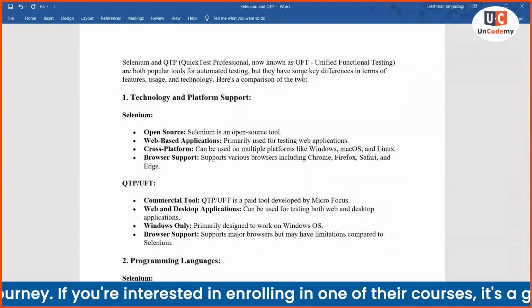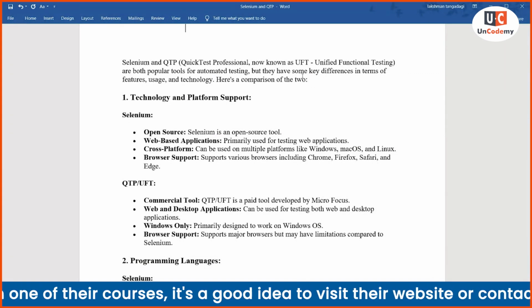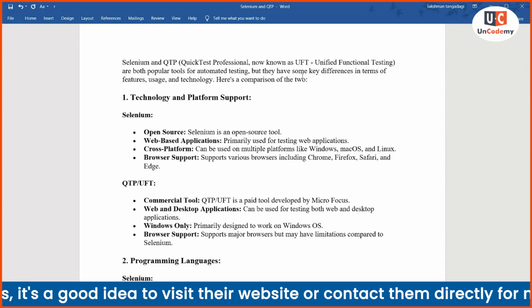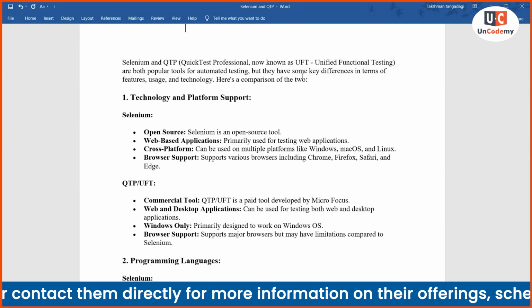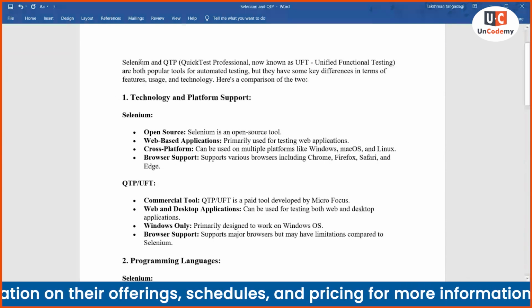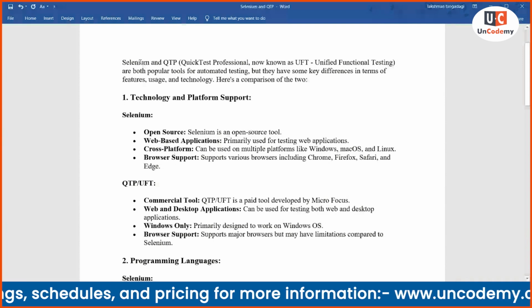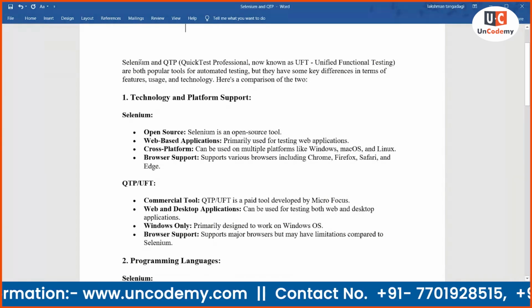So let us see whether QTP is better or Selenium is better. And in 2024, if you learn which tool, you will get more and more jobs. If you learn which tool, you will get more and more growth. If you learn which tool, you will have very good demand. So let us see. When it comes to Selenium and QTP, if I want to talk about Selenium, guys,